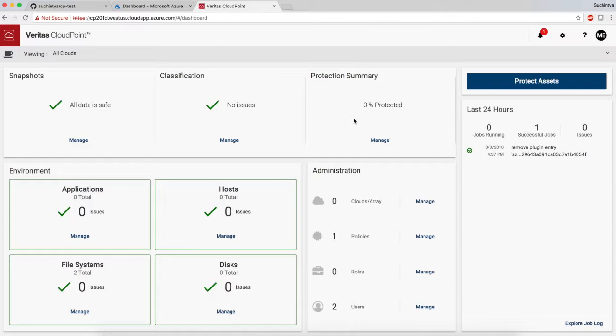The hosts and disks correspond to your Azure VM. Those are the hosts, and the disks are Azure disks. In CloudPoint, we integrate with Azure Managed Disks, so we display those disks as we discover them. And then applications are any of those traditional applications such as Oracle, SQL servers, and MongoDBs. File systems are when you connect your hosts to CloudPoint, we will discover your Linux file systems or Windows file